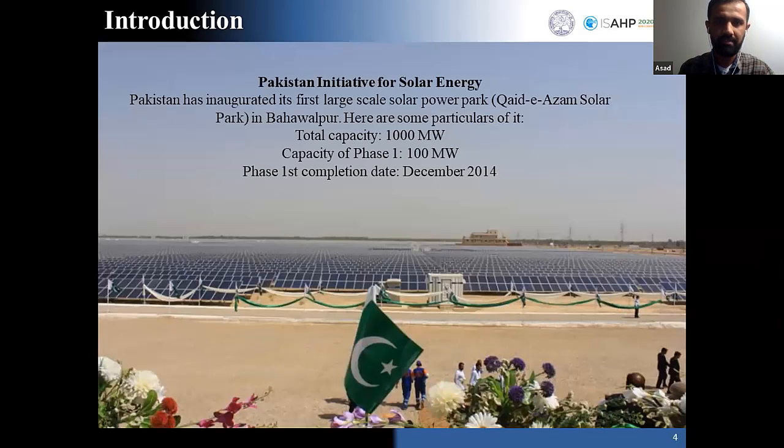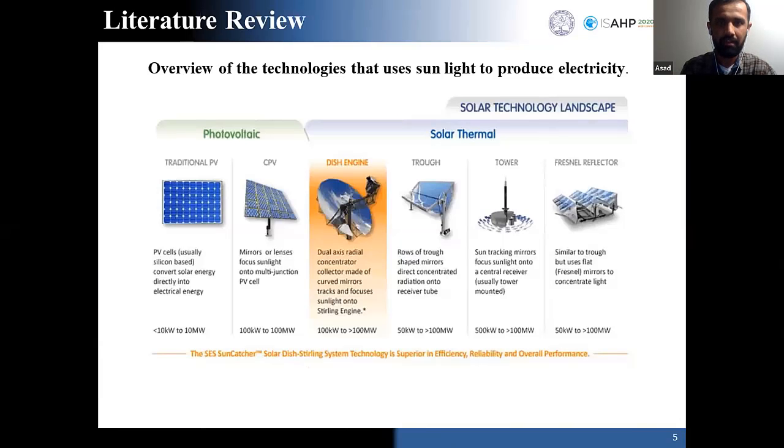So to get maximum benefit from the solar energy potential that Pakistan has, it started to build a solar photovoltaic power plant that has the capacity of 100 megawatt, and it was completed back in 2014. They were supposed to enhance its capacity to 1000 megawatt, but I don't know why they haven't done it. So anyway, basically we can use solar energy to produce electricity or heat